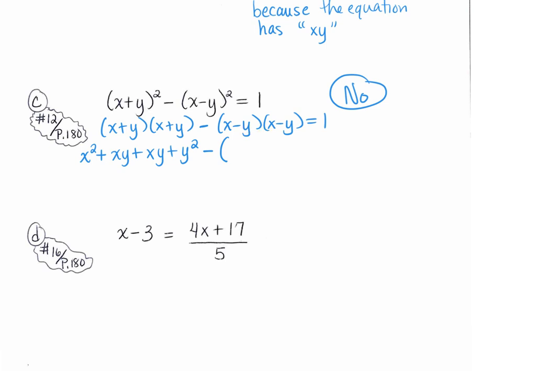Go. X squared. Yes. Minus yx. Yes. Minus yx. Yes. Plus plus y squared. Yes. Good. All of that equals 1. So now we should distribute this negative to each part in parentheses. So in red to illustrate, we're going to do this in the next step. We're going to distribute the negative to each part. So when we do that, we write down what we have first, x squared. xy plus xy is 2xy, good. Plus,